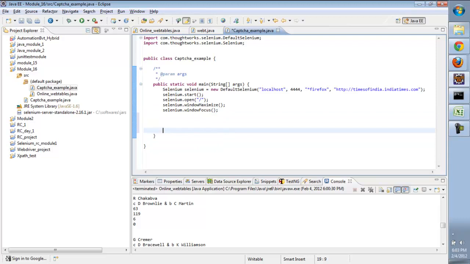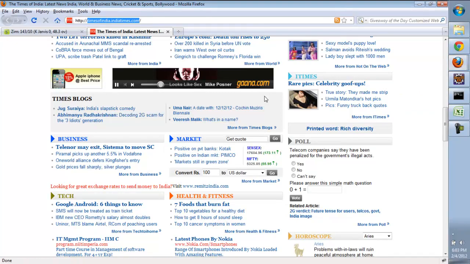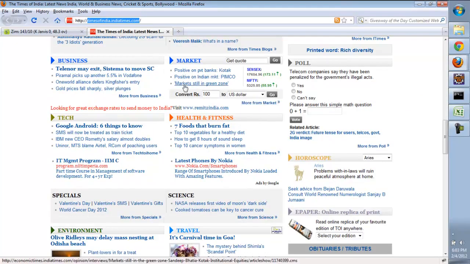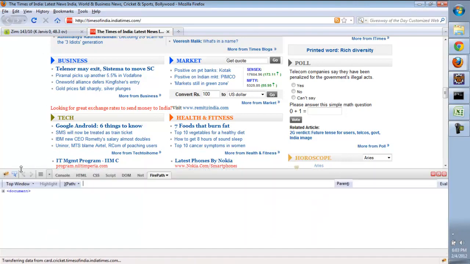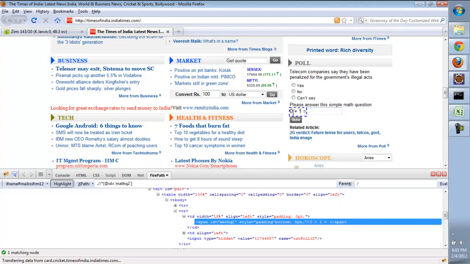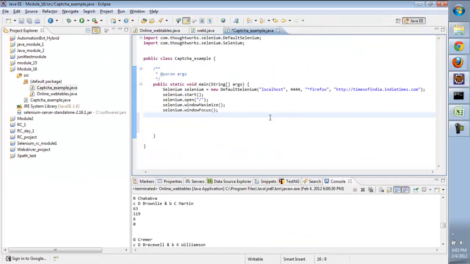So now what we need to do, we need to first find the XPath of this element. For that, we'll open up FirePath, and first of all we need to extract the text that's been written inside this captcha element. So we're going to copy this, and over here we're going to write